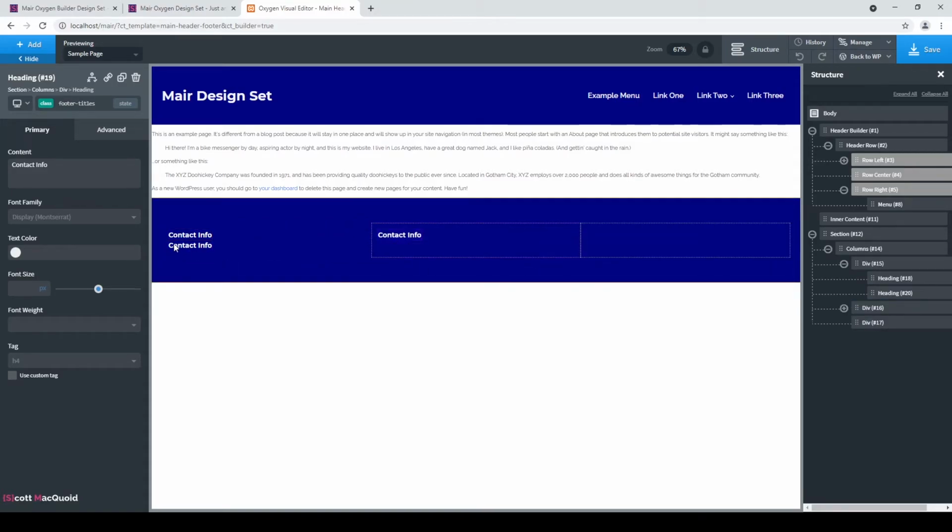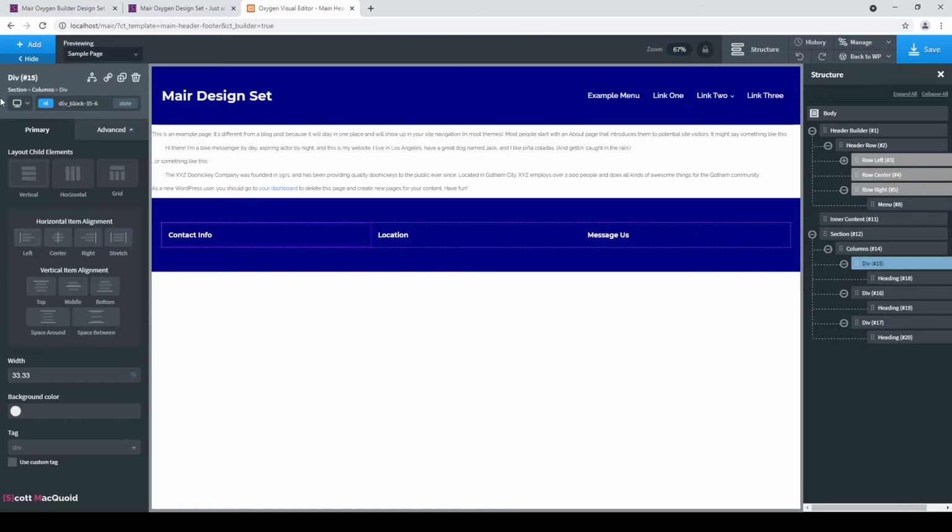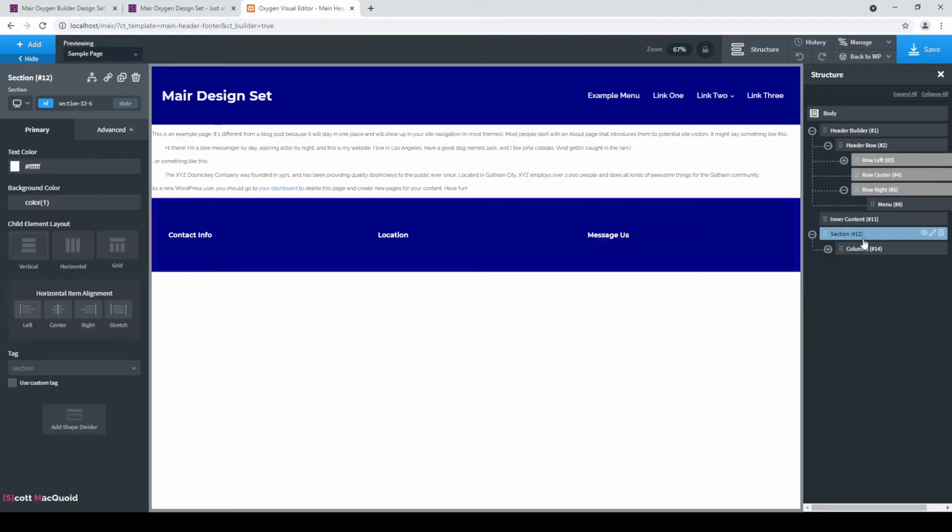Move this one here. The third one left. Let's change this to location, and this one to messages. Great. So we've got the 3 sections ready down here. Before we get into them, let's